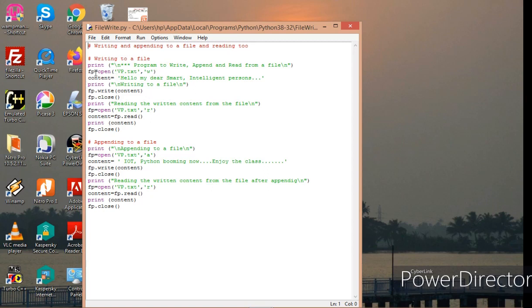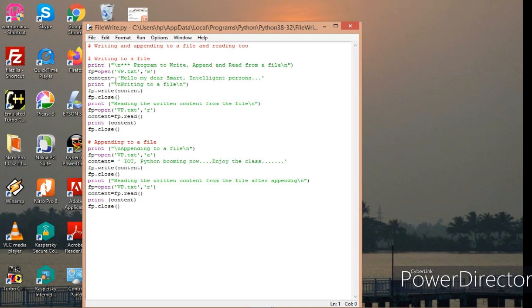So again, to open a file, I will just use the open method, then the name of the file, then comma, the opening mode. I'm going to open the file in write mode. If I open the file in write mode, even if vp.txt is already in existence, it will be overwritten. A new file will be created. So now we'll create a new file vp.txt and it is opened in the write mode, that is W.